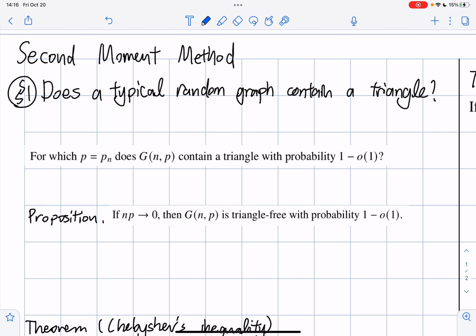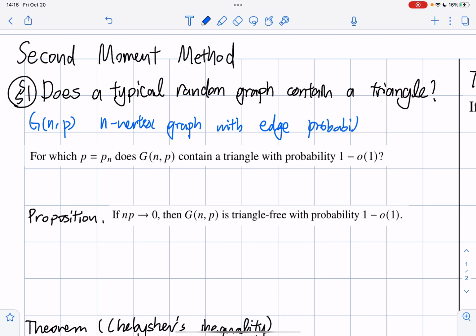We begin with the following motivating question. We call it the Erdos-Renyi graph. Let's say G(n,p) is the n-vertex graph with edge probability p, which means that for every pair of vertices, there is an edge between them with probability p. And then the first question: for which p equal to p_n does G(n,p) contain a triangle with probability 1